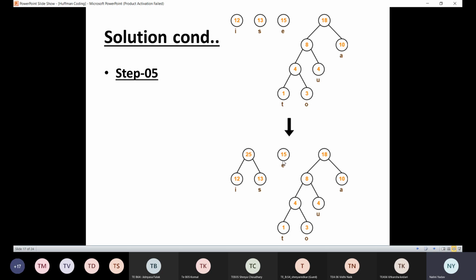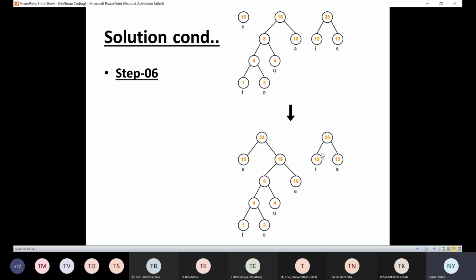This particular node is still remaining, that is a node of 15, and this is the tree which we have formed from the previous steps, right? Now in the next step, again extract min. What is the next step? Again extracting the minimum. So what are the minimum nodes over here? The minimum nodes are 15 and 18, correct? So we will be merging this 15 and 18 and forming a node as 33, correct? So this is one of the trees, and this is another tree, right?